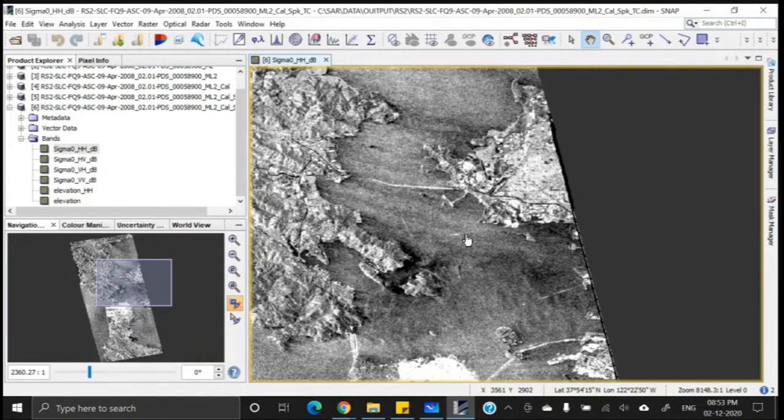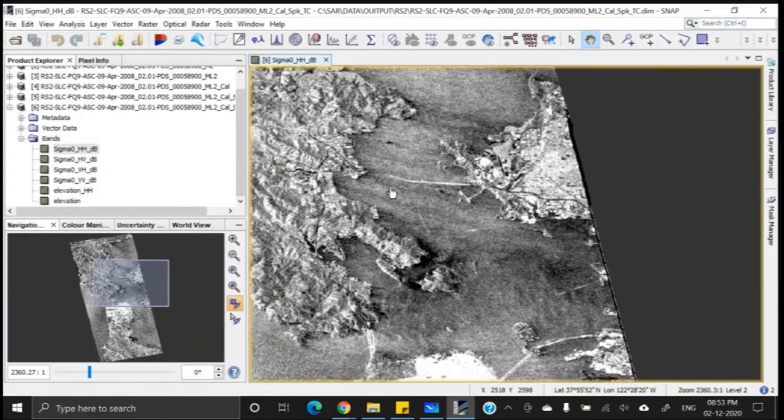As you know, the human eye can interpret only 40 to 50 shades of gray, but it can differentiate millions of colors. That is why color images are always preferred by the human eye, because we can extract more information. So we can compare this image with the optical images.